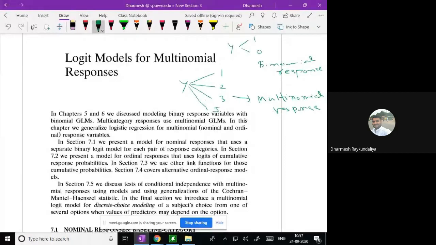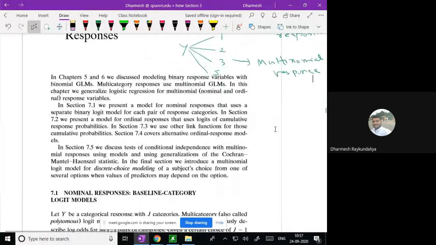For example, if you are purchasing a new handset, when you go to the shop, there are several choices of mobile phones with you. You cannot buy all the mobile phones. You can buy any one of them. How many people buy the first mobile phone, how many people have the choice of the second phone, likewise, how many people have the choice of the Jth brand of a phone.